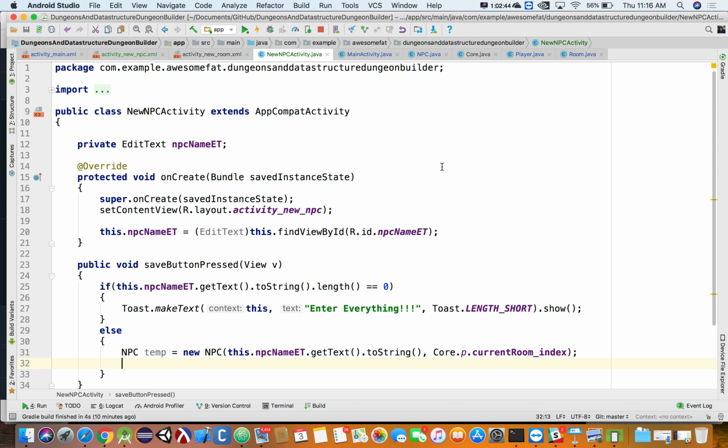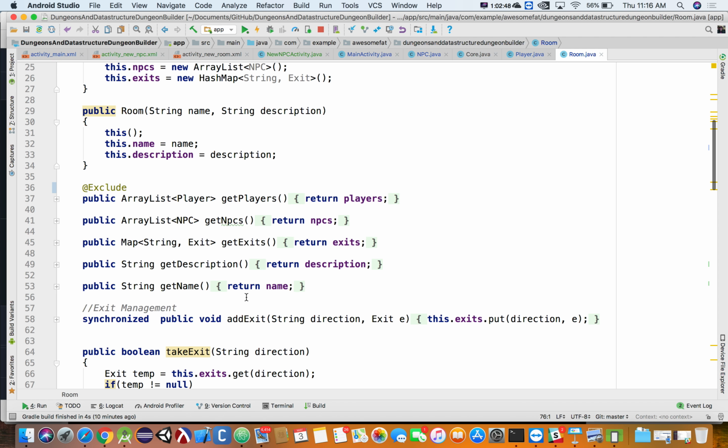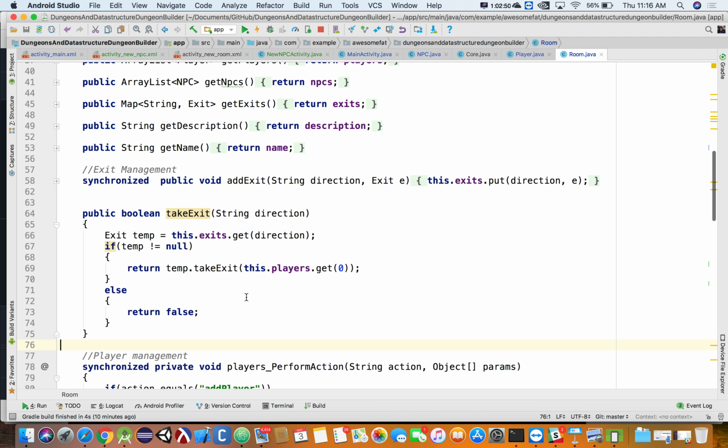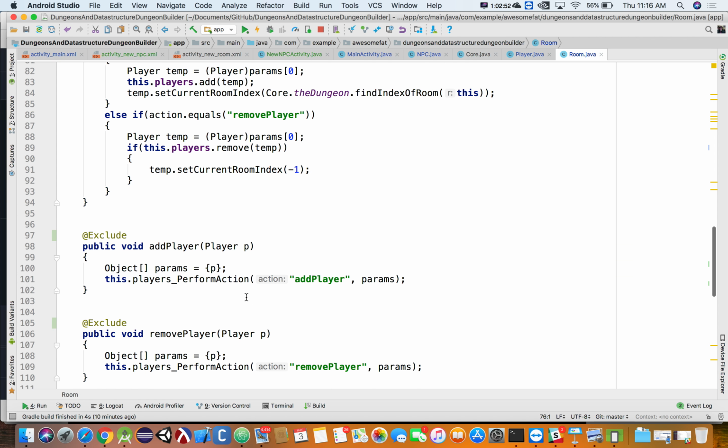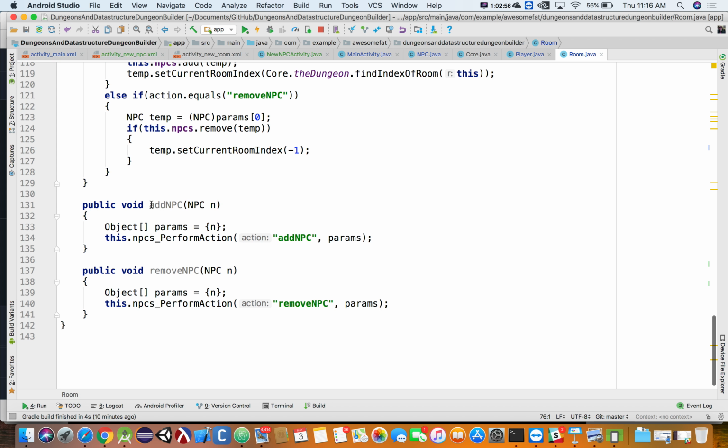So if we go to rooms, rooms have add NPC. Here's add NPC. We pass in the NPC we want to add, so we need to get the player's room. How do we get the player's room? Now we have his room index. You have that function. Give an index, yep, and get you. So in our dungeon,